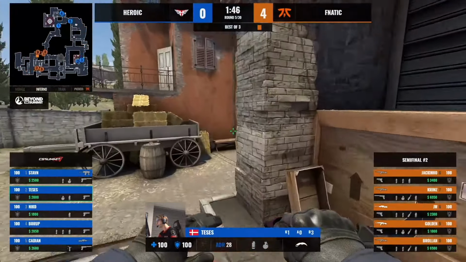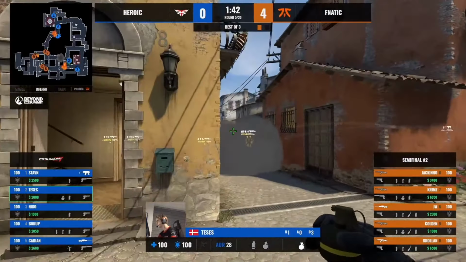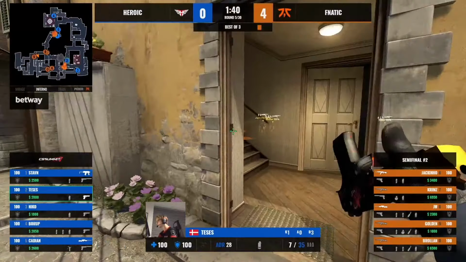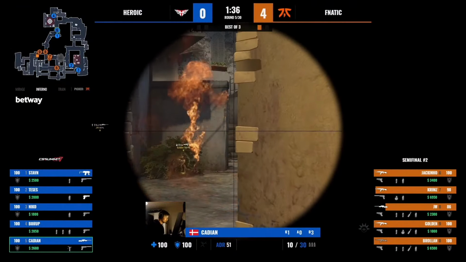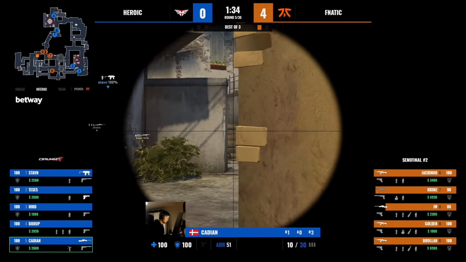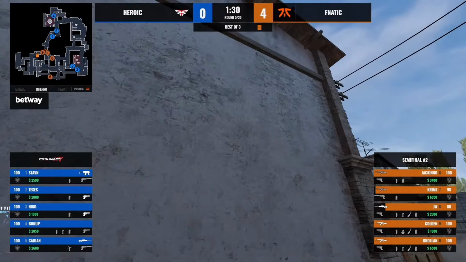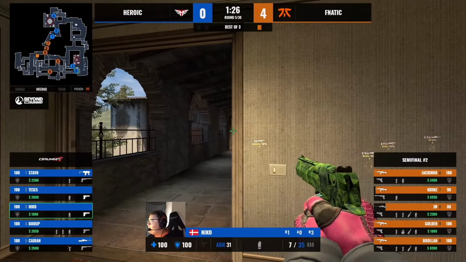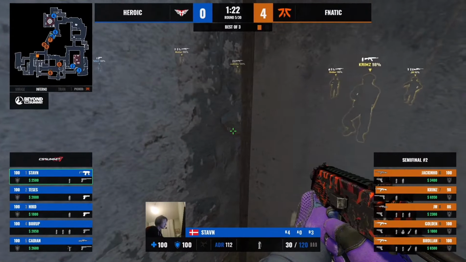But yeah, that's 4 rounds already here on the board for Fnatic on their T side, and Heroic not in a good spot with the money. It's a half-buy pistols. Cadian does have an AWP, looking too aggressive here on banana. And that's really the hit squad. It's Cadian and Stavin with weapons, and they're both here in banana area, so...